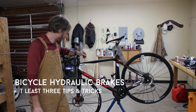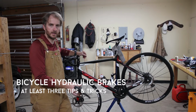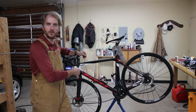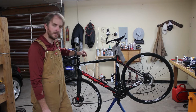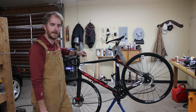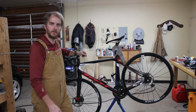Hey Internet, I'm swapping shifters on this bike and upgrading the hydraulic brakes at the same time. I thought as I'm working my way through this, there are some things I do that you all might not be aware of that might help you out. So I'm going to make one of those list videos. This one is at least 3 things that I do with hydraulic brakes that might make your life a little